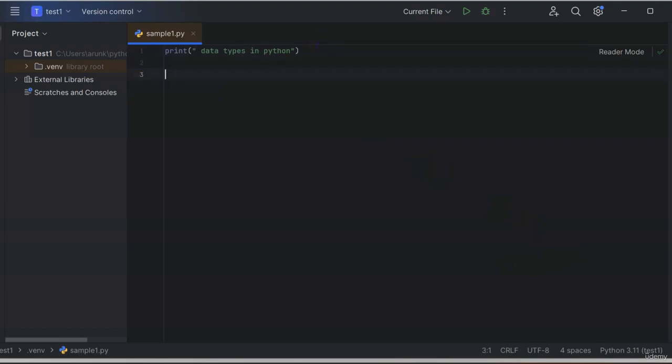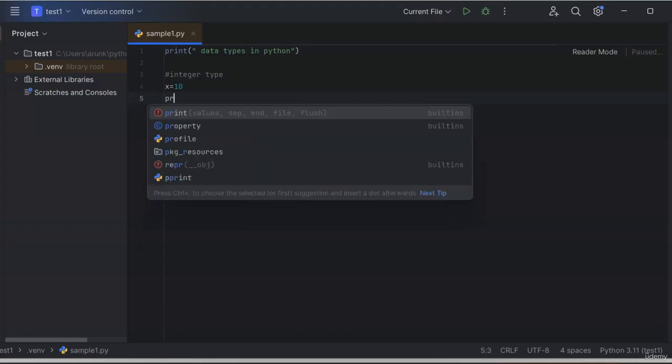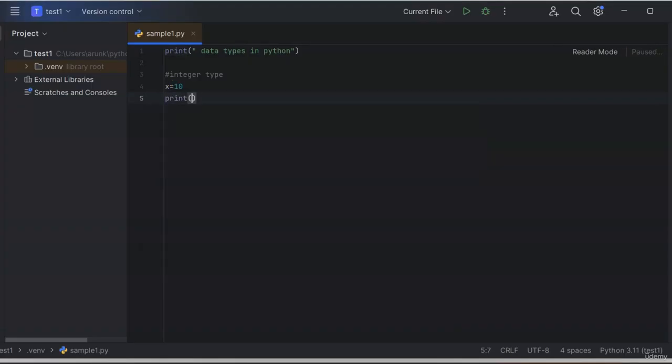Okay, the first one is the integer type. If you just declare a variable like x is equal to 10, that will be considered an integer. In order to check the type of data, we can use the type keyword. So print type of x. Inside the print I'm using a keyword called type. This type tells what type of data x is. So if I run this,